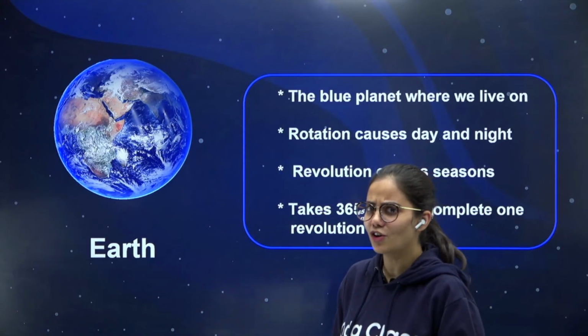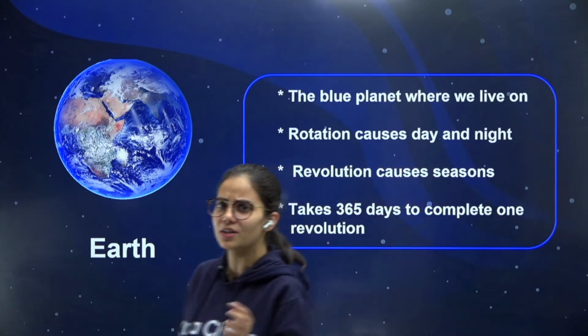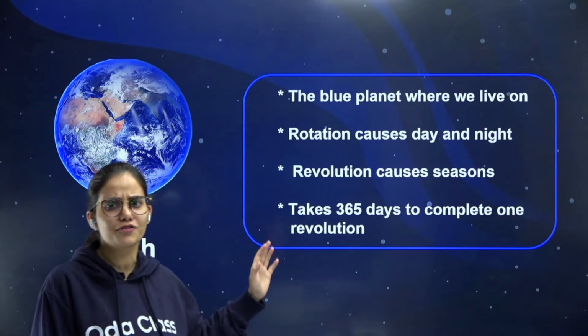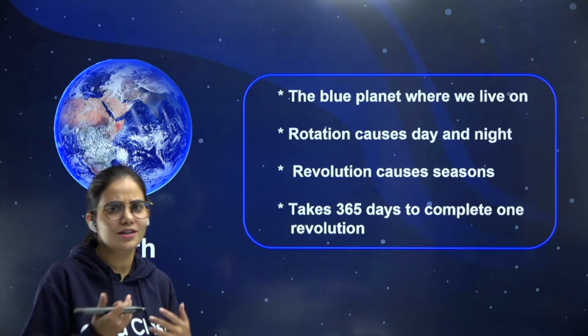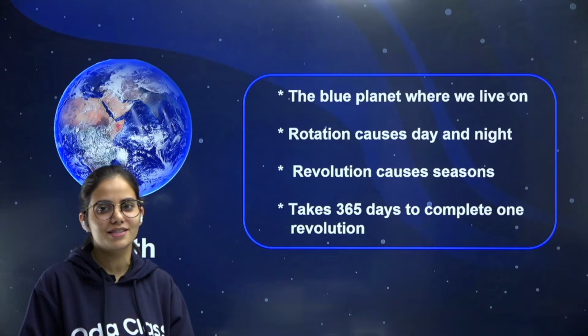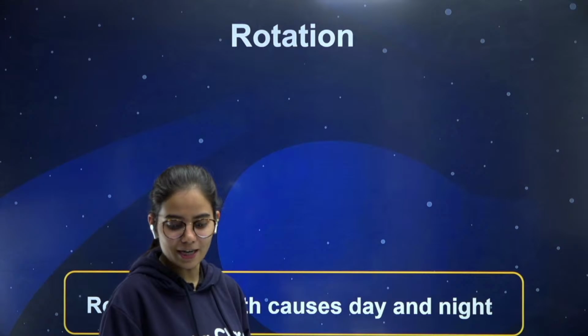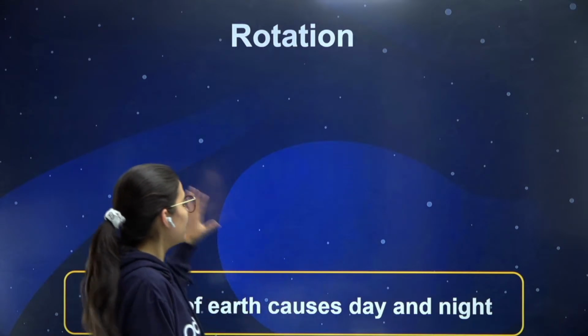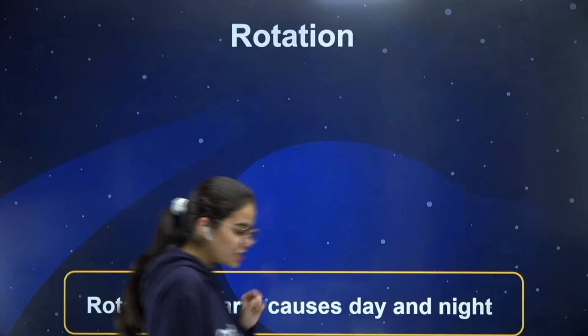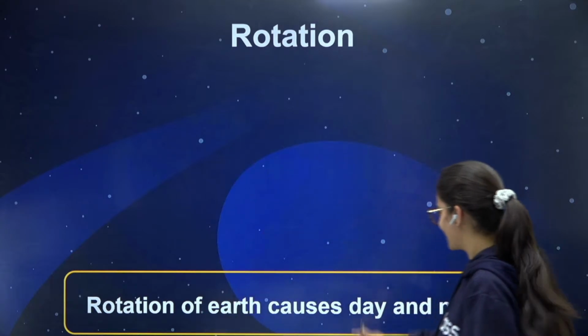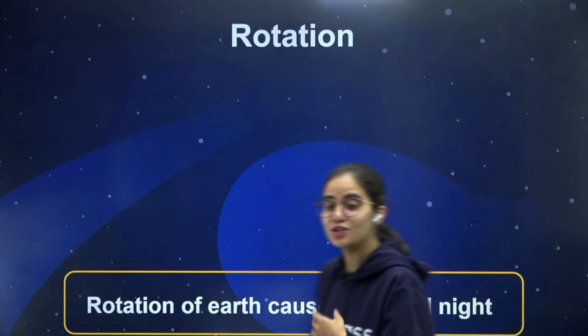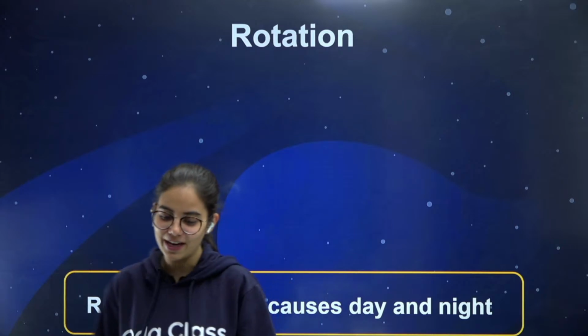And yes, the year on planet Earth, that's around 365 days. So a year for us is around 365 days. But we are not the only ones, isn't it? Here, when we are talking about rotation, it is going to give us two important things, the day and the night, which we experience, which we enjoy, right?